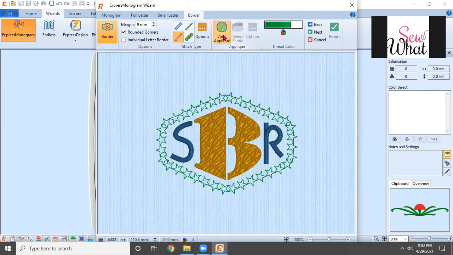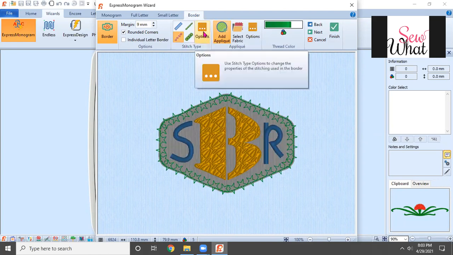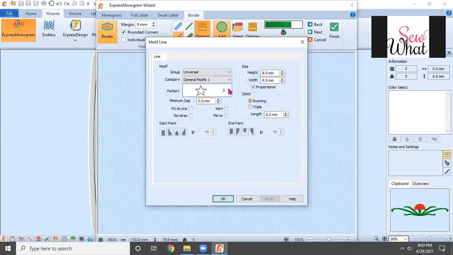Now, I could add this as an applique, and that'll add my placement and my tack down. And then my finished stitch would be, in this case, the motif line. If I really wanted this to look like an applique, I might not use the stars. I might go in and use something that looks more like